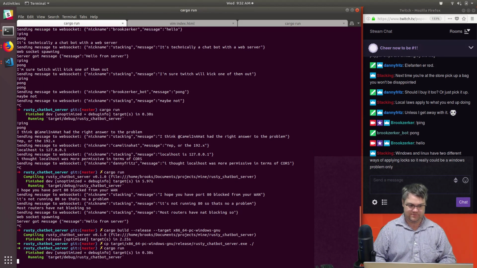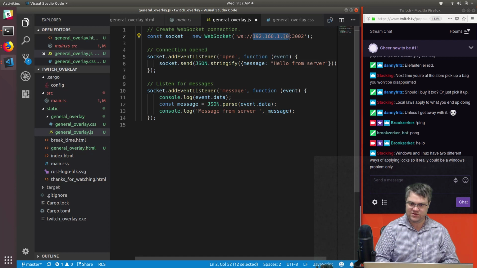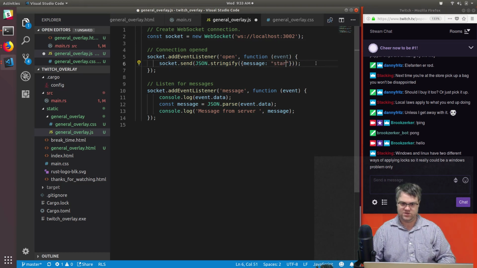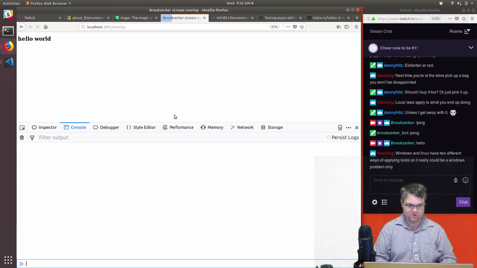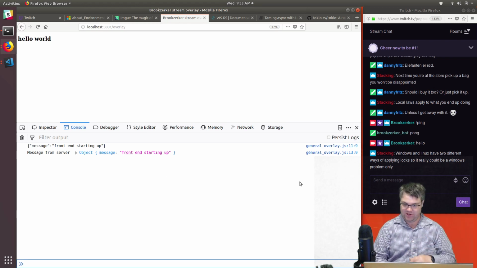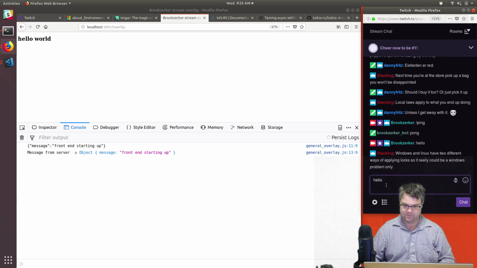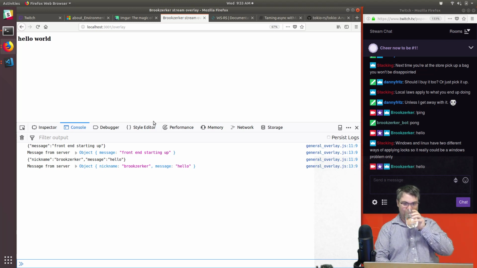So cargo run. We're going to come back over to here. So our const socket equals, this is going to be localhost again, 3002. Hello from the server. Front end starting up, and message from the server. Front end starting up, message from the server, front end starting up. Perfect. And if we get any other messages now, everything should be good, right? Hello. We get hello. So perfect. We don't want to have any other weirdness going on. Okay, so with this overlay, the idea is that every single time I get one of these objects,